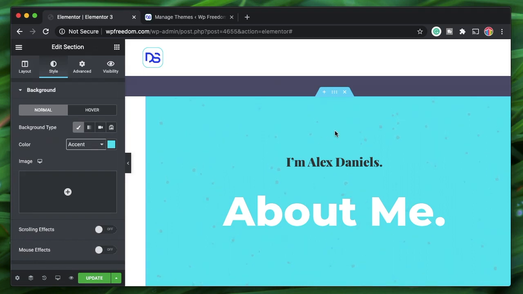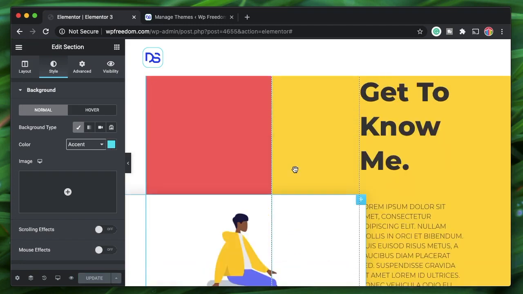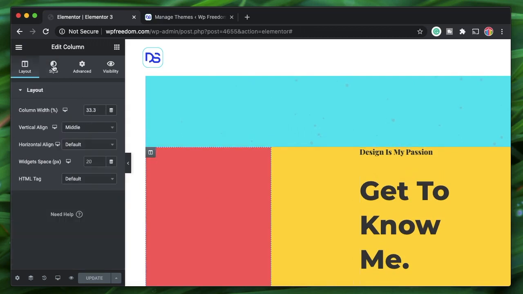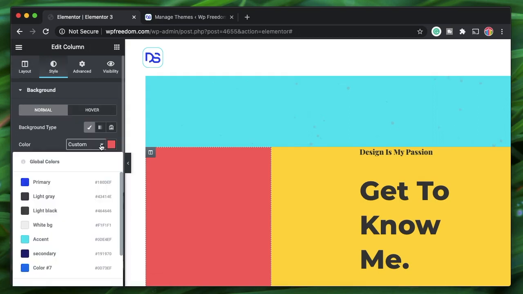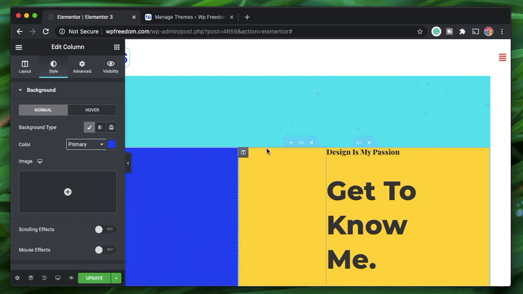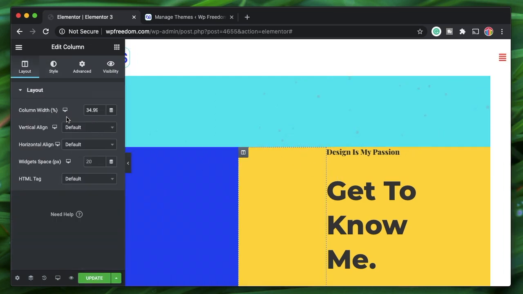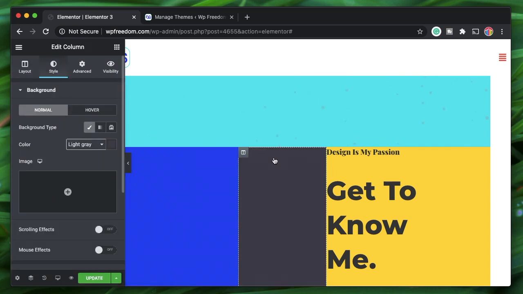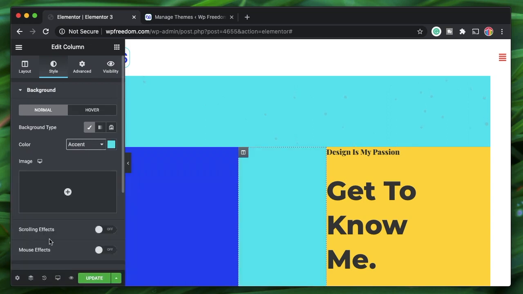So let's say I picked accent for this background. I'll update this. Now let's say I've changed my mind. I just want to update my accent color to something else. And let's say I've also used a primary color somewhere else, maybe here. I'll just click on this column. I'll go to style. I'll click on color and let's say I've picked primary color over here. So that's there. And let's say this color, I just picked my secondary color. I'll click here or whatever, right? I picked some color over here. Let's pick accent here as well.